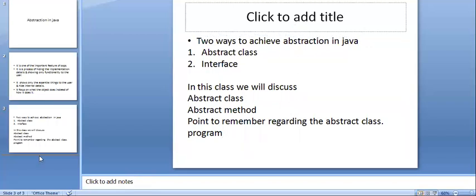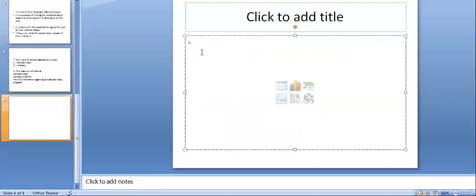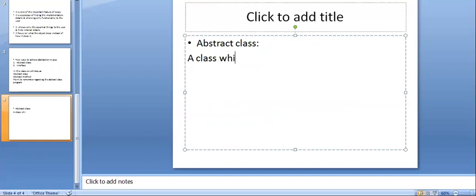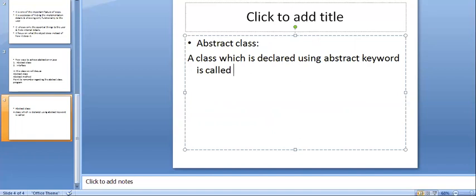Now, what is an abstract class? A class which is declared using the abstract keyword is called an abstract class.